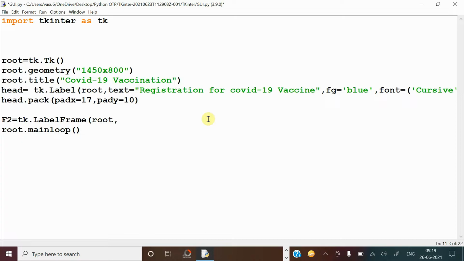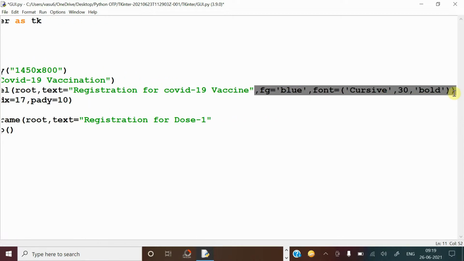So within that, what is the text should be there? So what is the content should be displayed over here? So I'm keeping the content registration for post 1. Now here I want to give the same font settings, but size is little bit less.